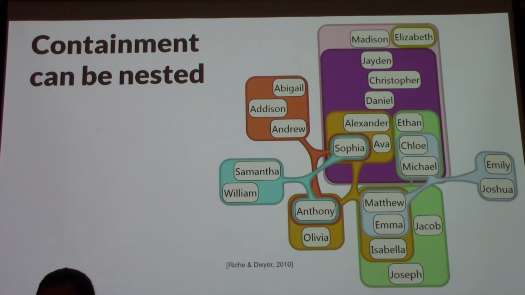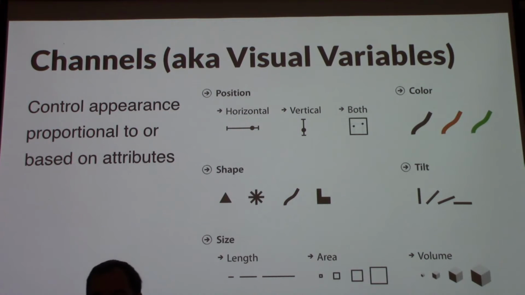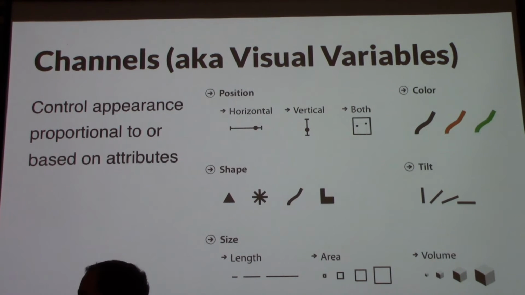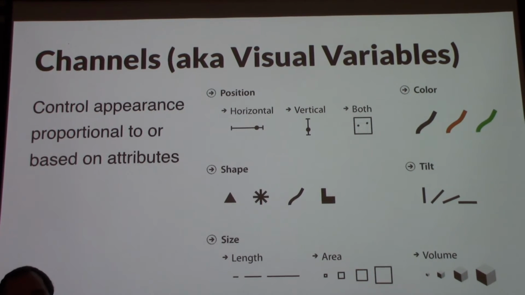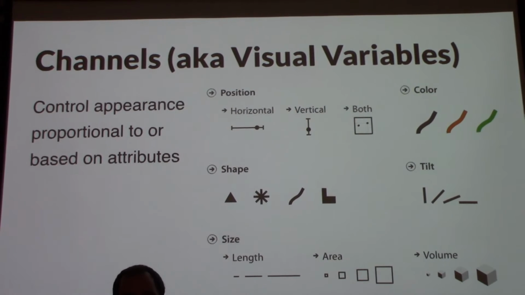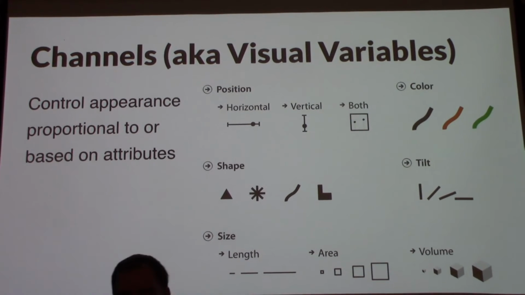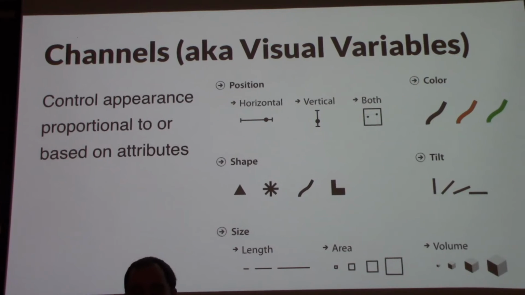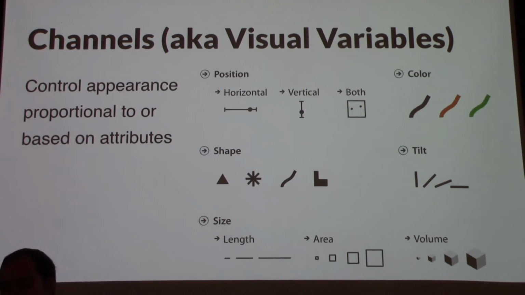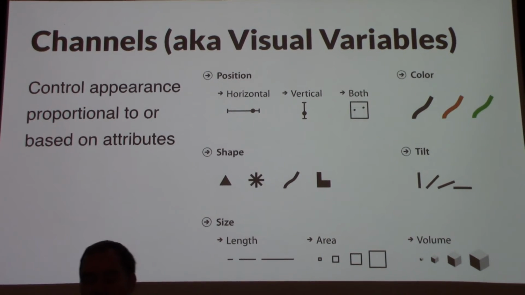Containment can of course be nested, so here is a Euler diagram of friendships, and so we can use this on multiple levels. And the channels are what controls the appearance. So essentially what we did here is we came up with a lot of different channels. They are typically proportional to or based on attributes. And proportionality is of course important for quantitative values, or based on attributes is things like color when we have